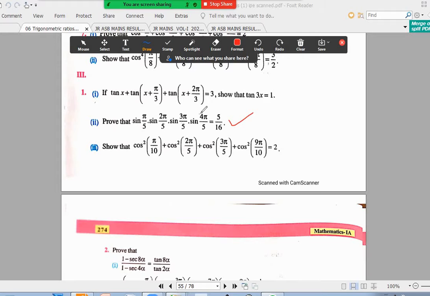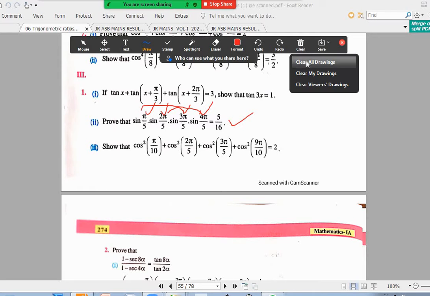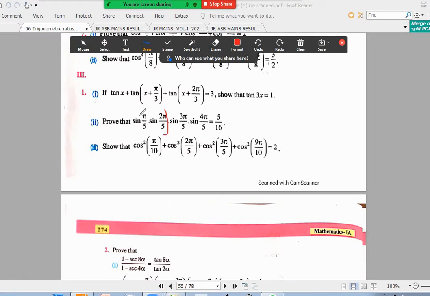First thing is, first one and last one are equal because their sum, what is pi by 5 plus 4 pi by 5? 5 pi by 5, pi. So if this is theta, this is 180 minus theta, you will get sin theta. Similarly, if this is theta, this is 180 minus theta because their sum is also pi. So first two and last two are same. So basically the question becomes square of this. After that, you know these values. What is pi by 5? 36 degrees. You know sin 36 as root 10 minus 2 root 5 by 4. Next is sin 72, which is cos 18, is root over 10 plus 2 root 5 by 4. Just substitute them. That's all.